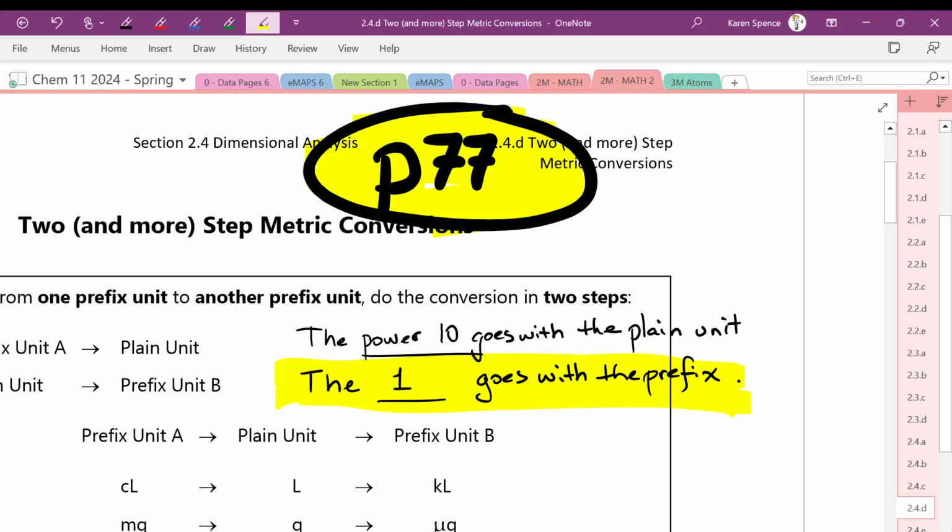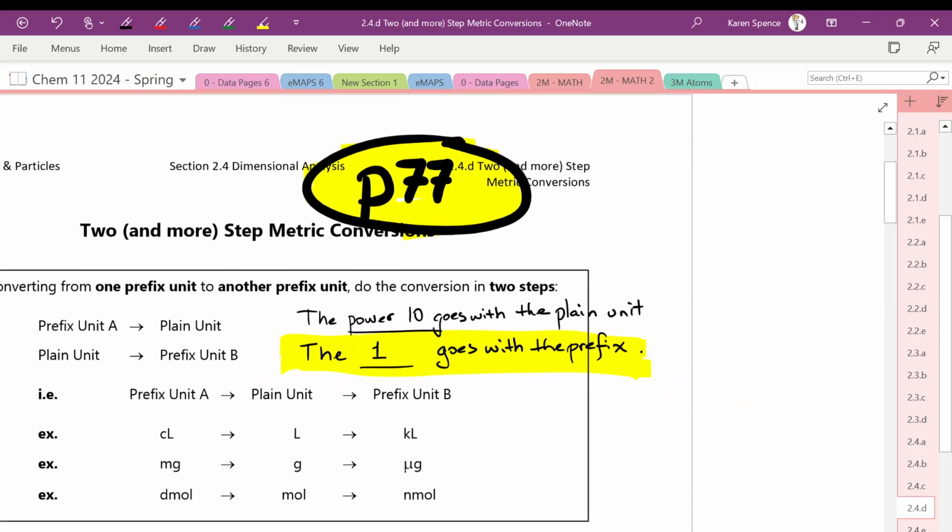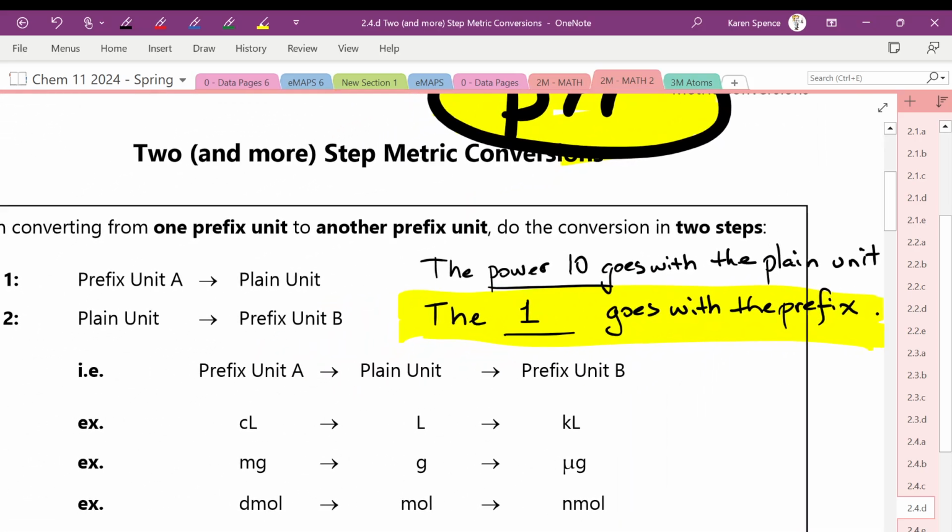All right, so we're going to do these conversions with that in mind. Now, if I gave you a prefix unit, you would be able to convert it to a plain unit in one step. So if you go from prefix to plain, that's one step. If you go from plain to prefix, that's one step. But if you go from